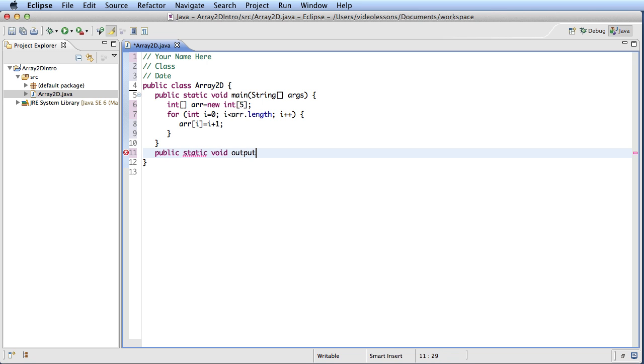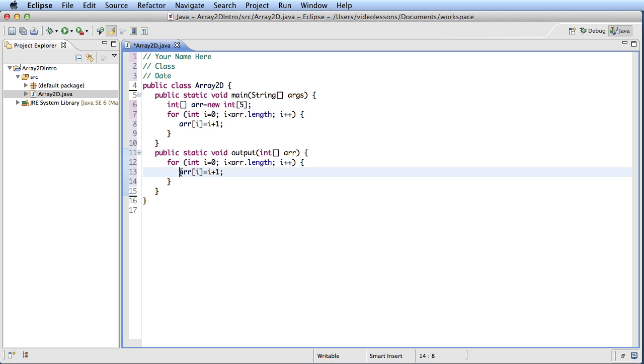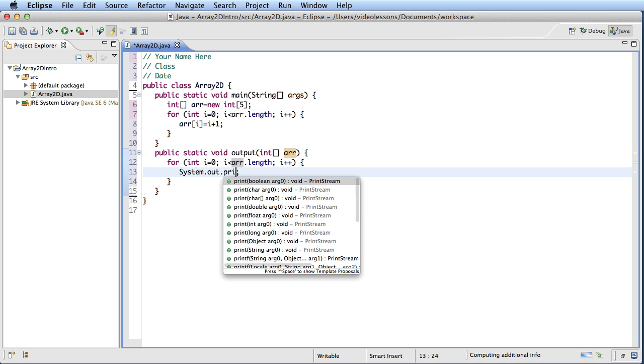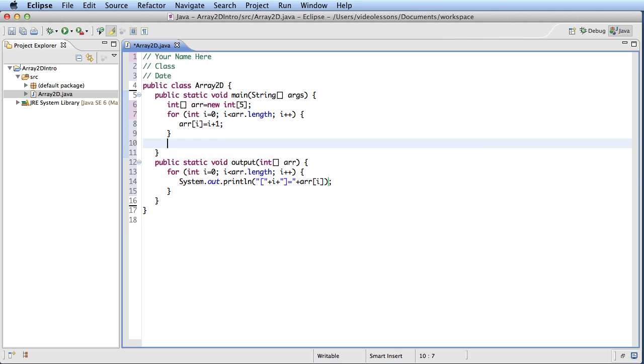So we'll call it output, and then we simply passed the integer array to our method, where we repeated our same loop of iterating over each value, but this time, instead of assigning a value, we did a system out where we first outputted a bracket, followed by the index of the element, an equal sign, and then the actual array value. And this made it very easy for us to put a label of what we were printing,